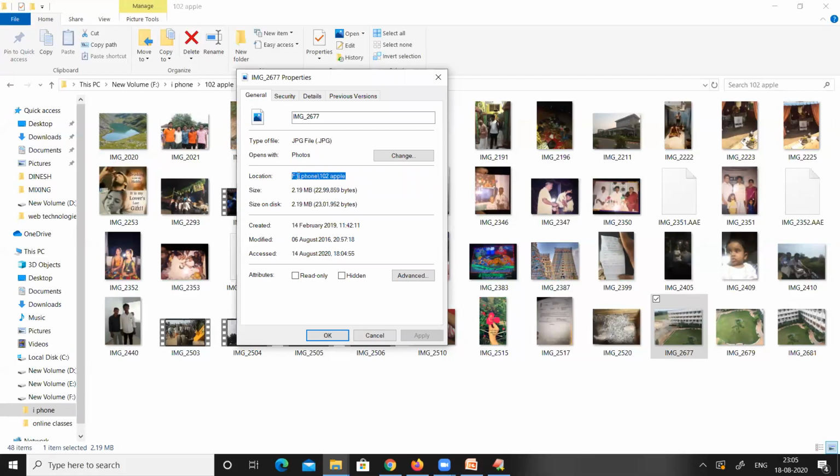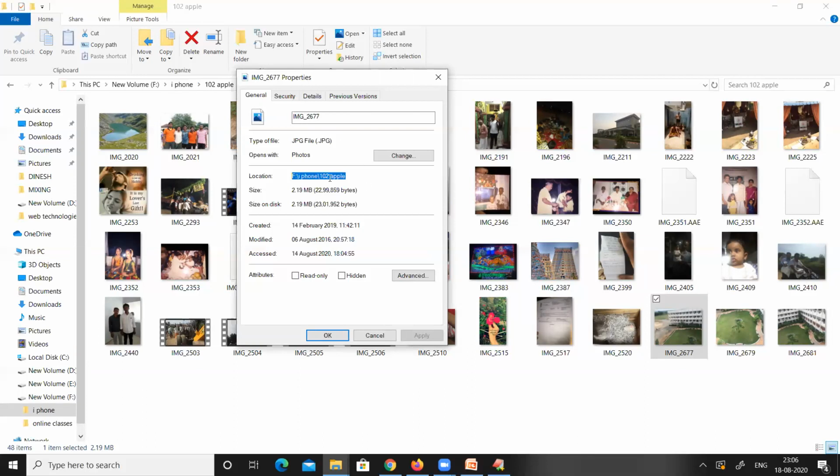At this location, there is a file with the name img_2677. This is the name of the image, and this is the path of the image, and the type of the image is .jpg, that is Joint Photographic Experts Group. So the type of the image is JPG.